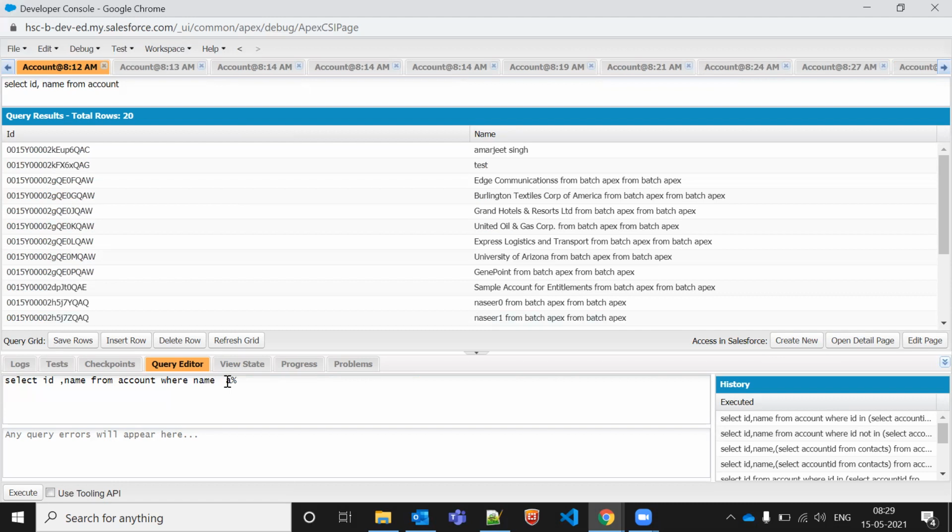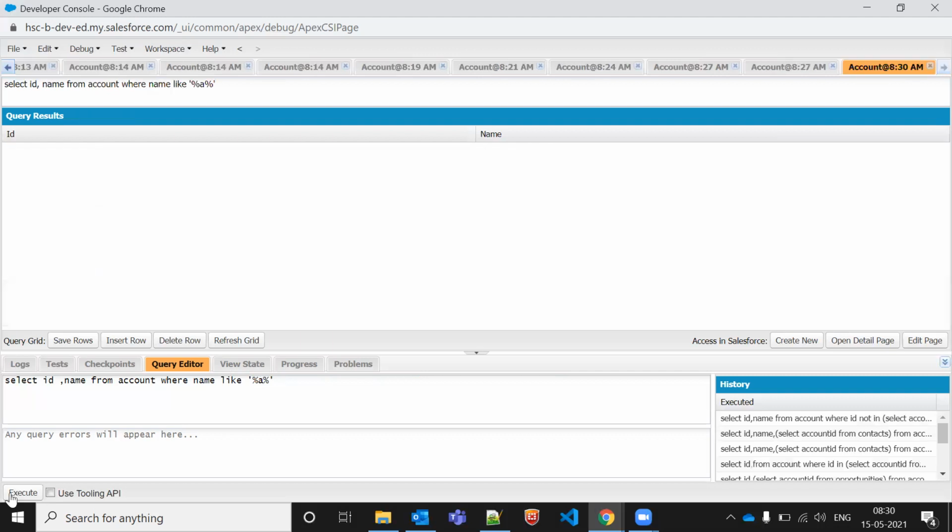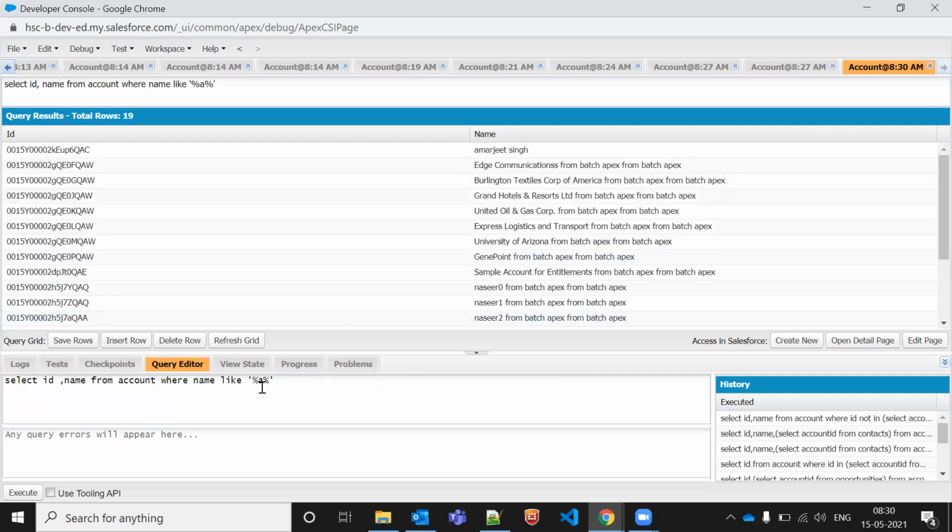Name like, correct. If I write some percentage here, let's say I write A and click on the execute button. This is the wrong line, sorry.